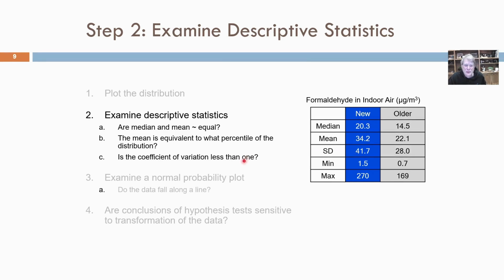The fact that the standard deviation is greater than the mean again indicates the distribution is right skewed. Why? Well, think about what if the data followed a normal distribution, with a mean of 34 and standard deviation of 42,